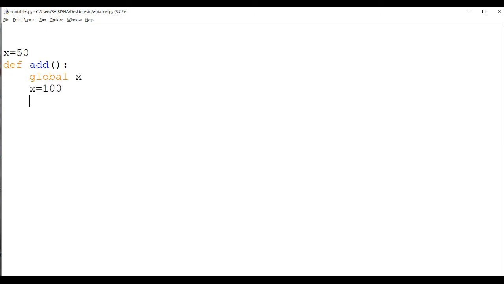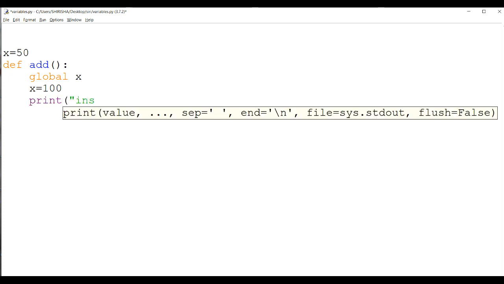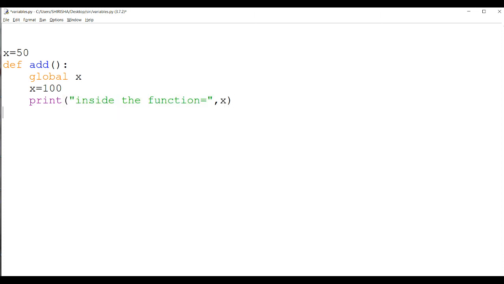Then you can print inside the function, comma x, and outside the function.